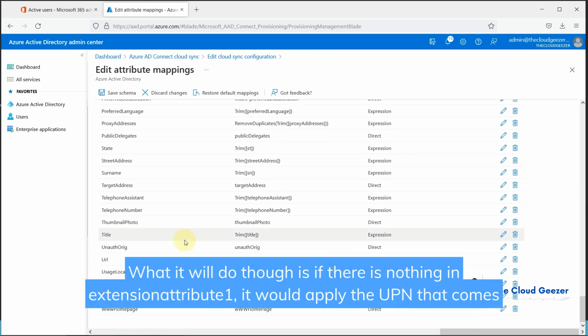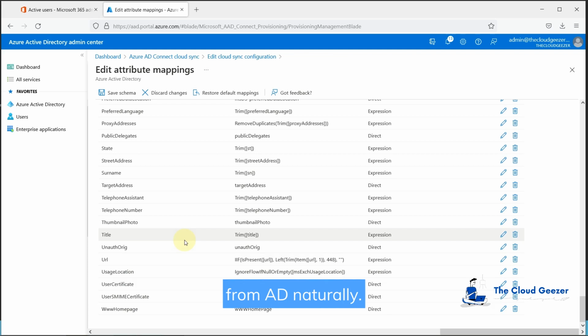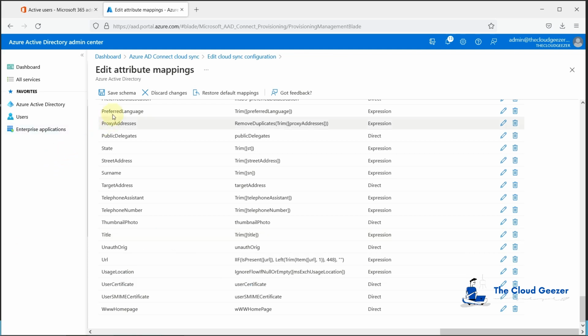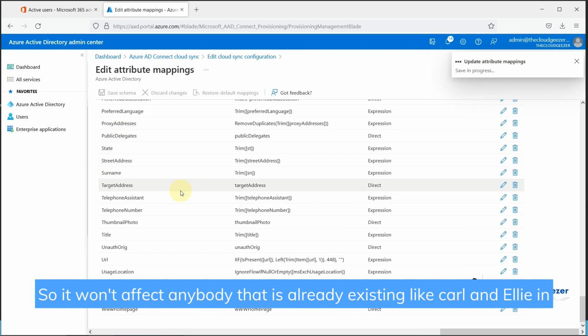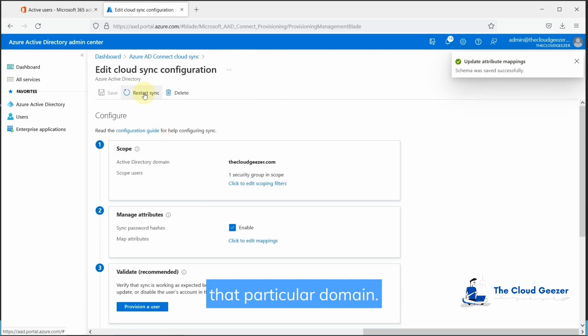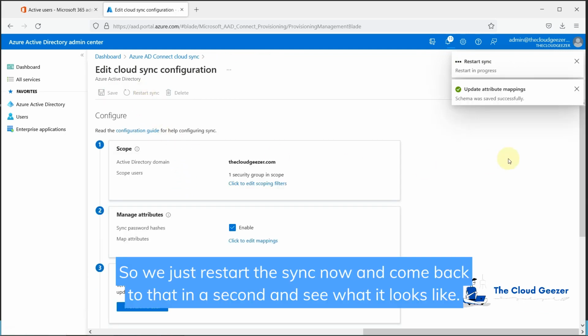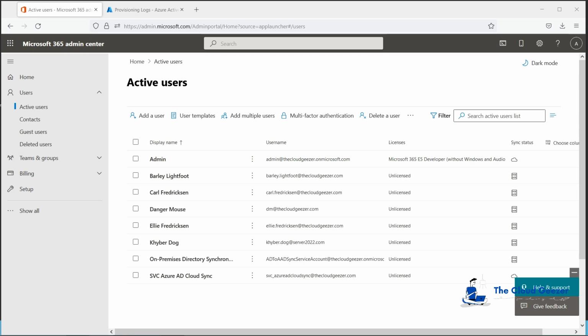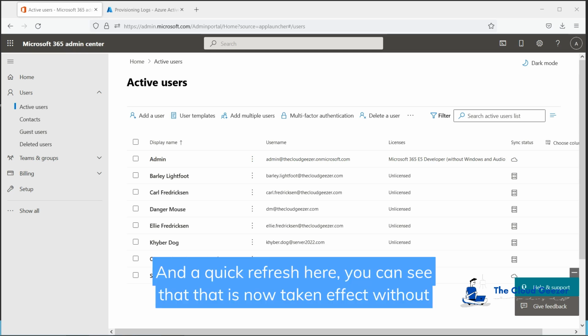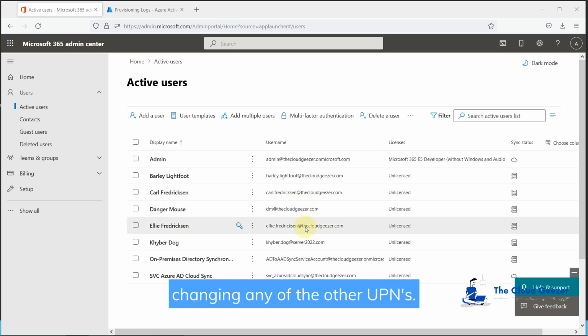What it will do though is if there is nothing in extension attribute 1, it will apply the UPN that comes from AD naturally. So it won't affect anybody that is already existing, like Carl and Ellie in that particular domain. So we'll just restart the sync now and come back to that in a second, see what it looks like. And a quick refresh here, you can see that that has now taken effect without changing any of the other